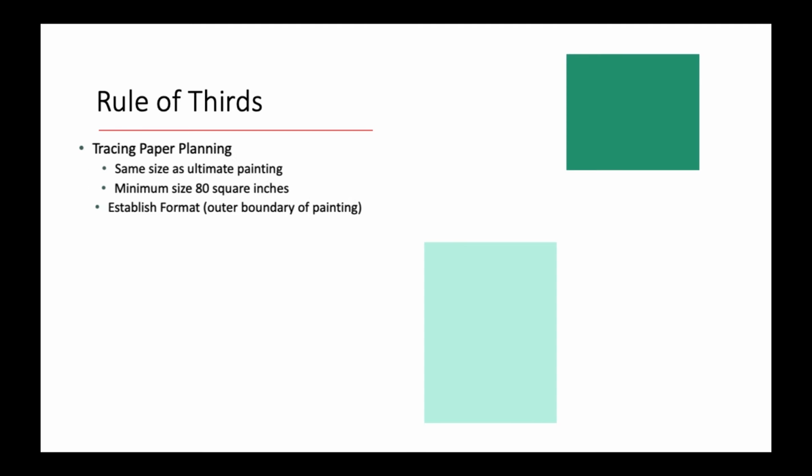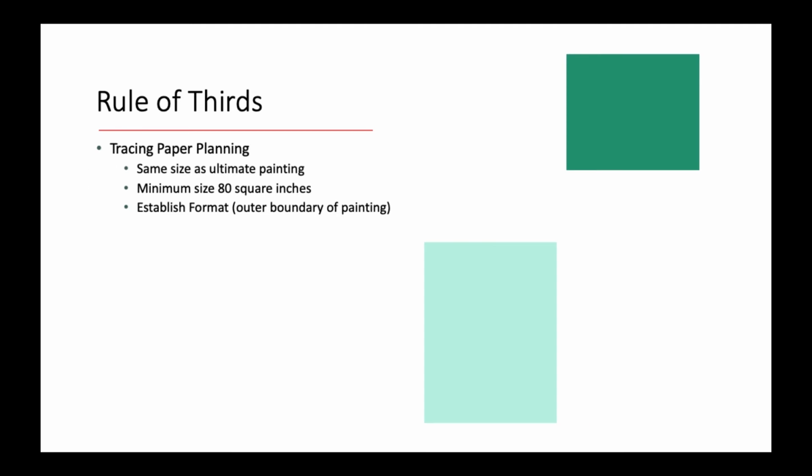Right, a new concept I want you to think about is the rule of thirds. We haven't discussed too much about how to lay out your composition, but when you do this, I recommend you do some planning on tracing paper and use tracing paper that's the same size as your ultimate painting. In this lesson, the assignment, you're going to have to do something that's a minimum of 80 square inches, so 8 by 10 or larger. But an eighth of a sheet is 7.5 by 11.5, so that satisfies the requirement of